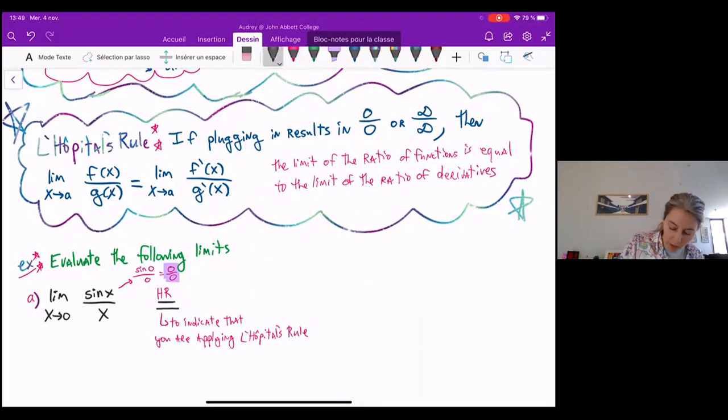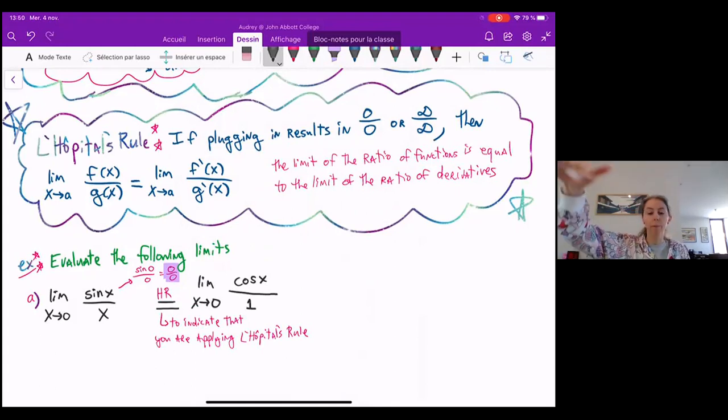And so here we'll get the limit as x approaches 0. The derivative of sine is cosine, so I do the derivative of the top divided by the derivative of x, which is 1. Notice I did not do a quotient rule here. I did the derivative of the top and then the derivative of the bottom. So I got cosine x over 1, and then I plug in again, and this gives me cosine of 0